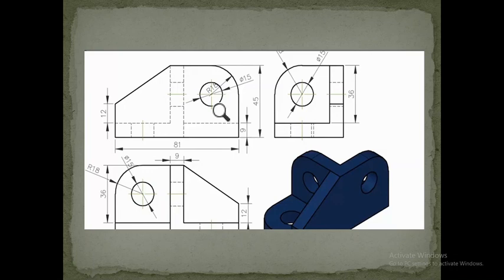After completion of dimensioning, the drawing will look like that. Total length of the product is 81, cutout width is 36, hole diameter is 15. Here is the location of the hole, dimension not visible, and here is the cutout height is 36 mm and 9 mm width of this area. Here is 12 mm. This is all dimensioning.